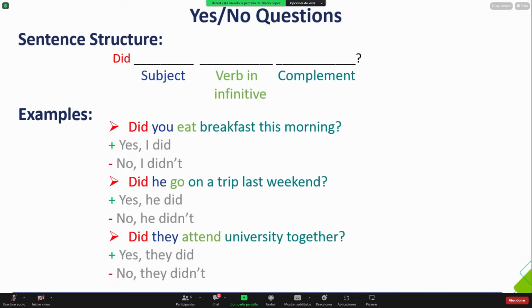No, he didn't. And the last example, did they attend university together? ¿Fueron ellos a la universidad juntos? Yes, they did. Affirmative. No, they didn't. Negative. Here is important to mention too, también es importante mencionar, that